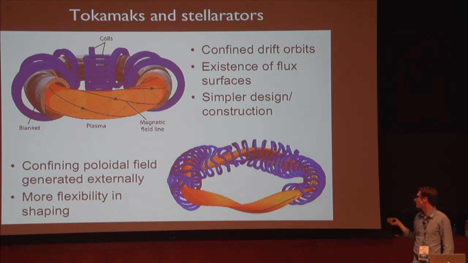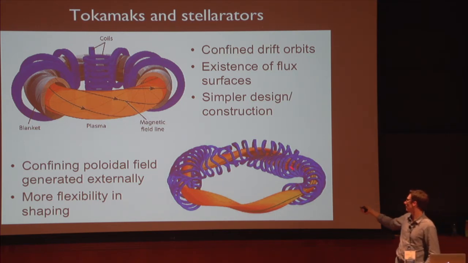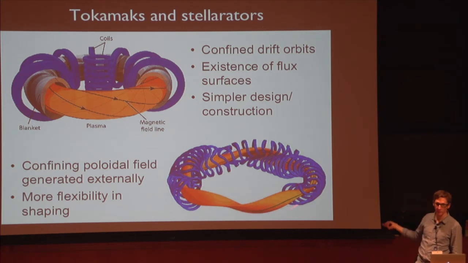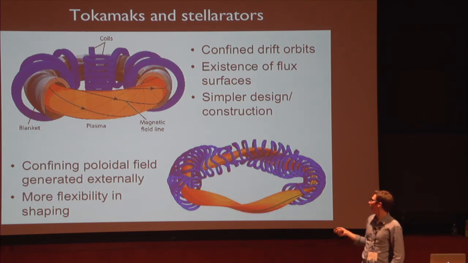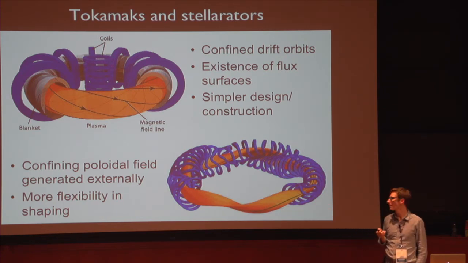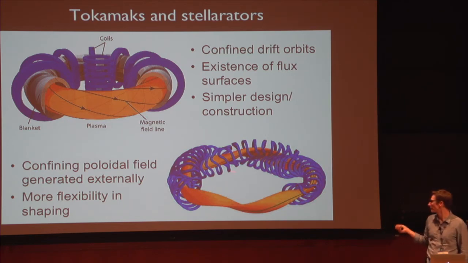The alternative is to look at something called a stellarator, and in this case the poloidal field is generated not by current through the plasma, but by these funnily shaped coils. And of course this is much more complicated to construct, but at the same time it means you don't have to put a current through the plasma. And first of all, that means that you can have a steady state system, because remember, this was inherently not steady state. And second, it turns out that whenever you put a current through your system, you can drive instabilities. So this might be a bit better for stability,